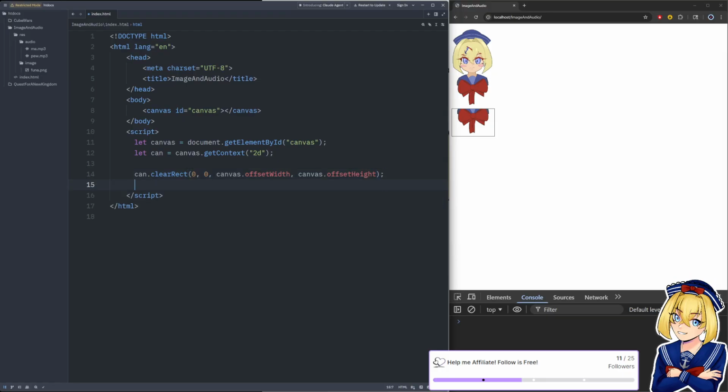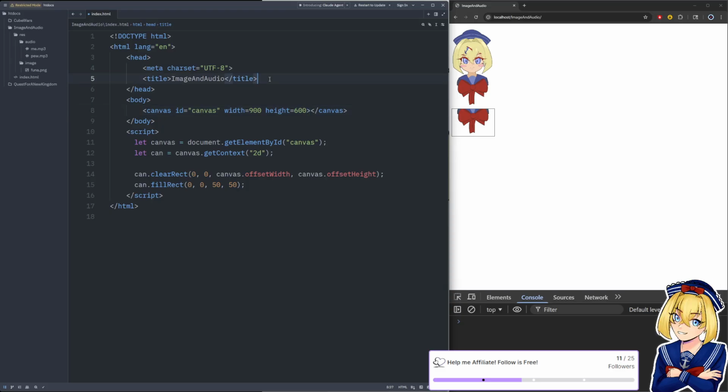We're not gonna make a game loop. We're just gonna try setting up a basic image because it's the same thing. We're just not doing it multiple times. The canvas is going to need a width and a height.